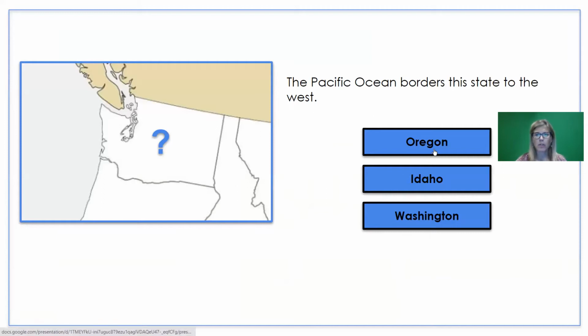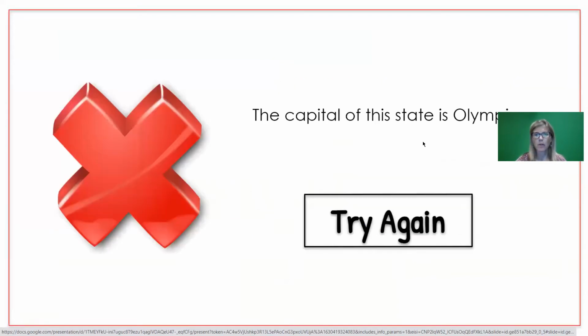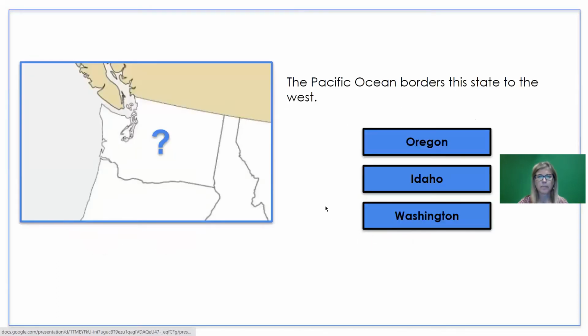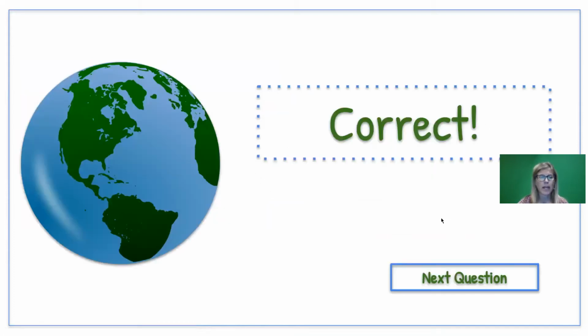So they have three choices here that they can choose from. Let's say that they choose Oregon first. If you click on Oregon, they'll see that that's not correct. And I like to give them another clue to help them on the way so they don't just guess. So now the capital of the state is Olympia. They can click Try Again. They go back to the original question, and hopefully they know from that clue to click on Washington. Then you can see they are given a slide that tells them they're correct, and they can go on to